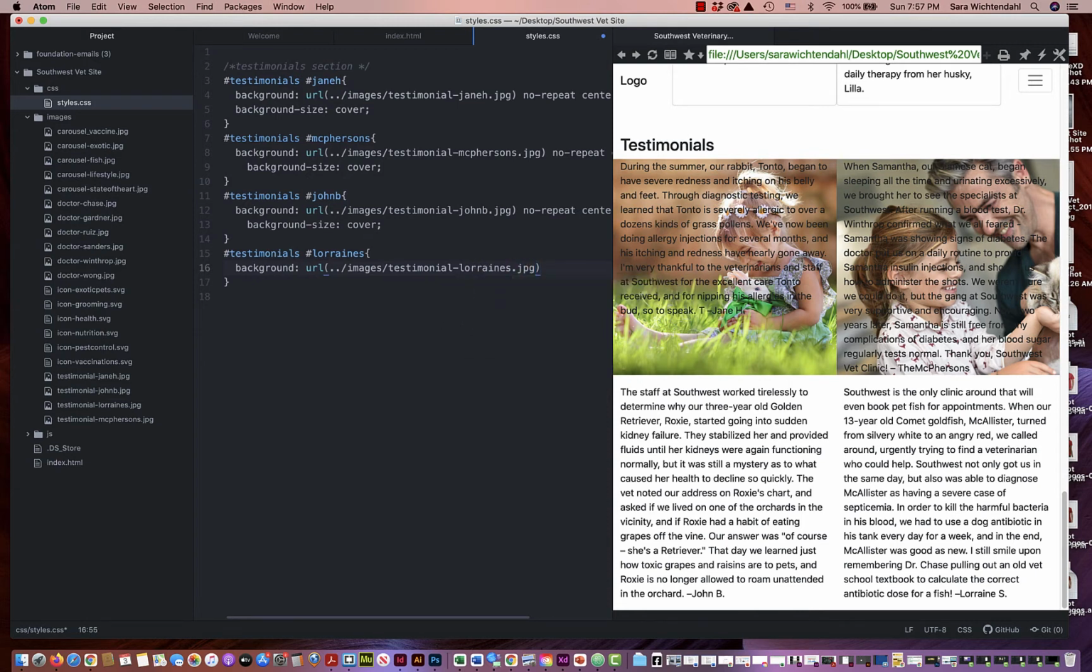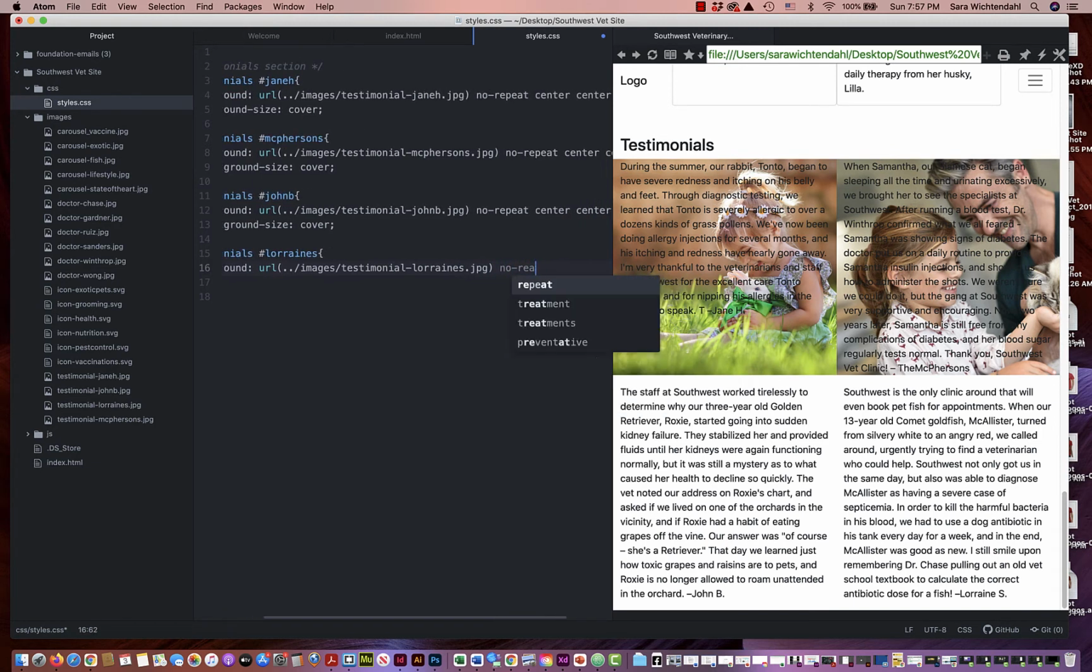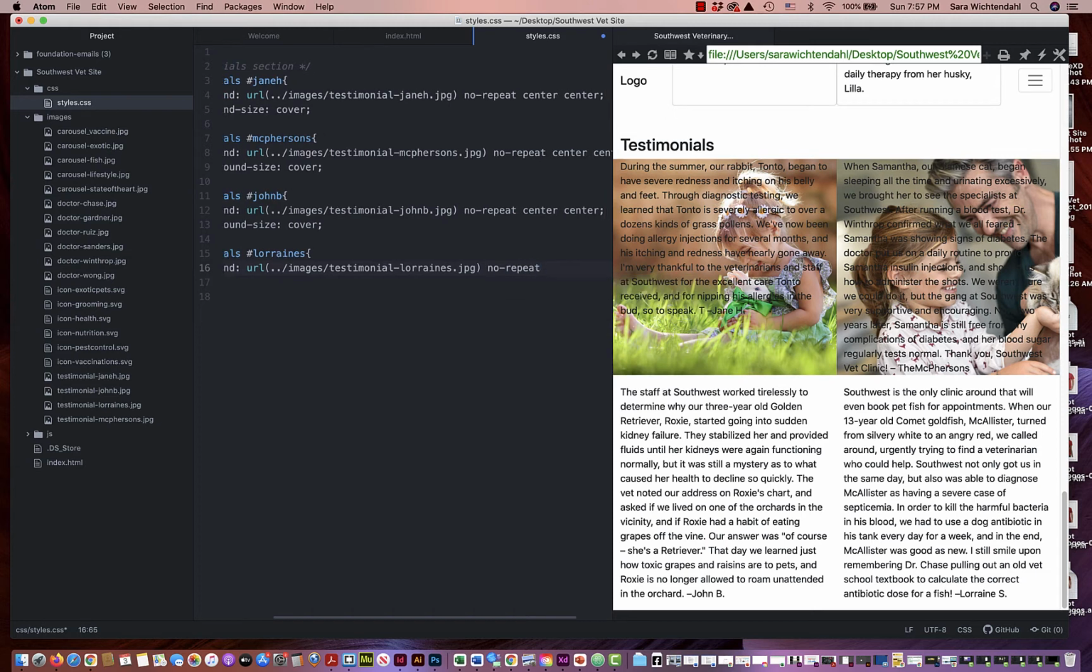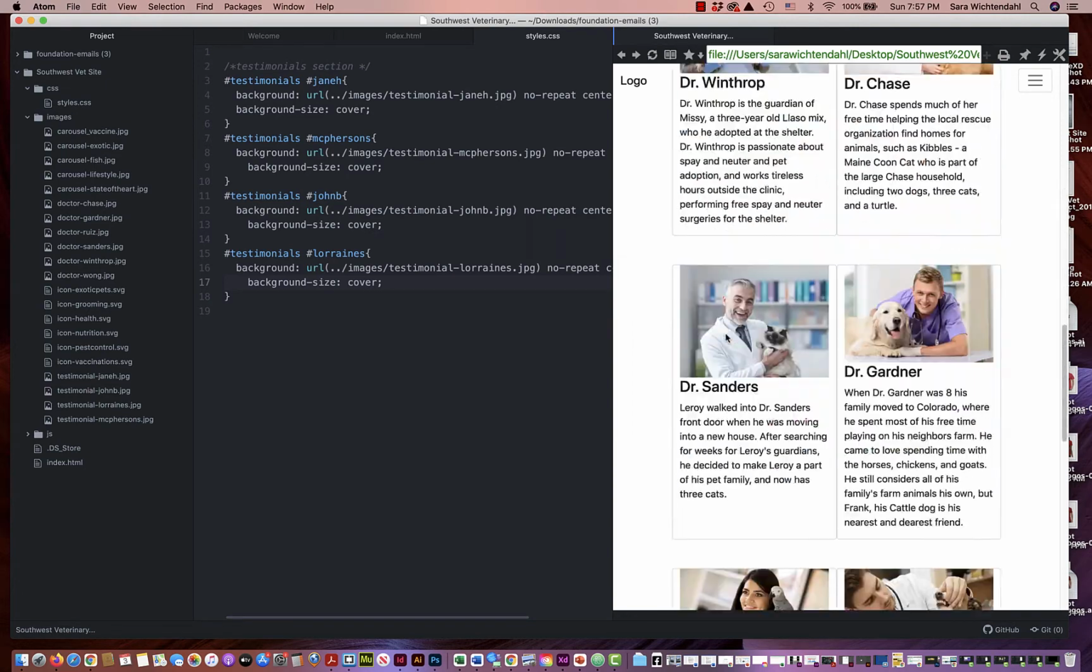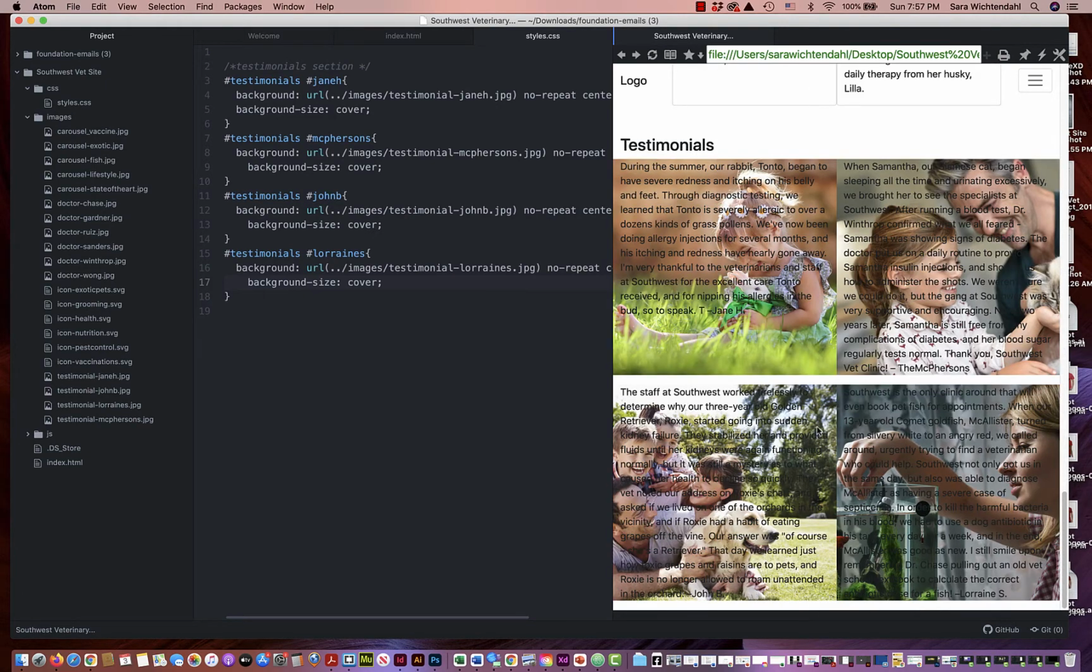.jpg, no repeat. Center and center. Set the background size to cover. Save that. There we go. And then I've got the pictures behind all of these. That looks pretty good. So let's go ahead